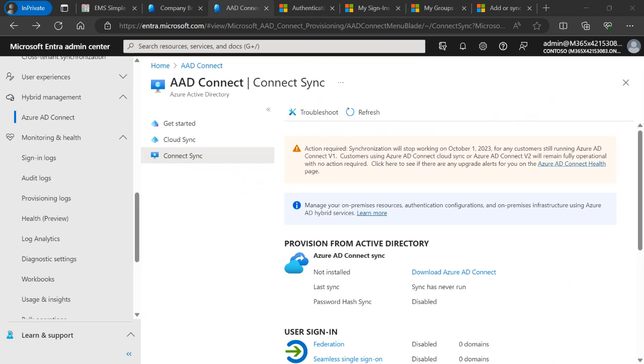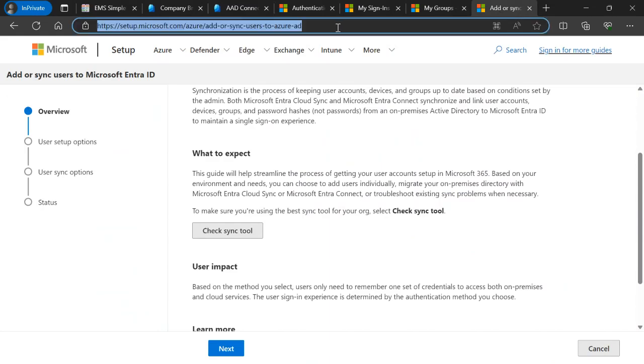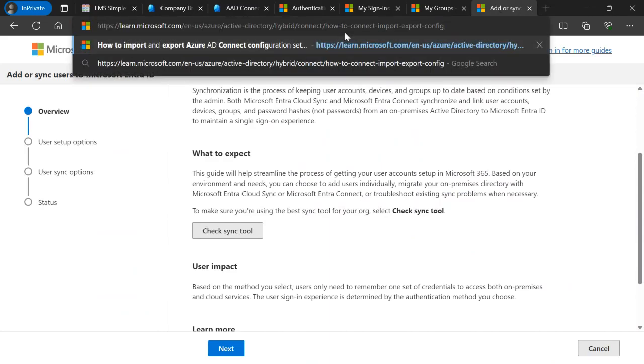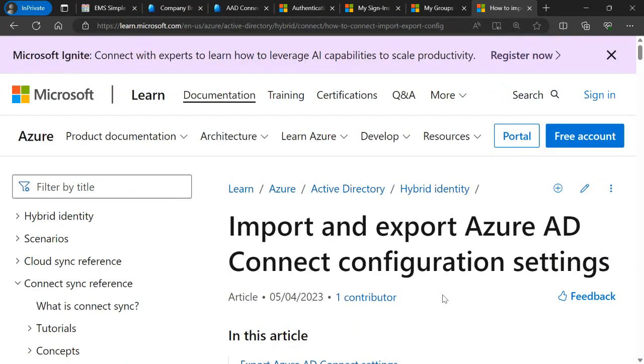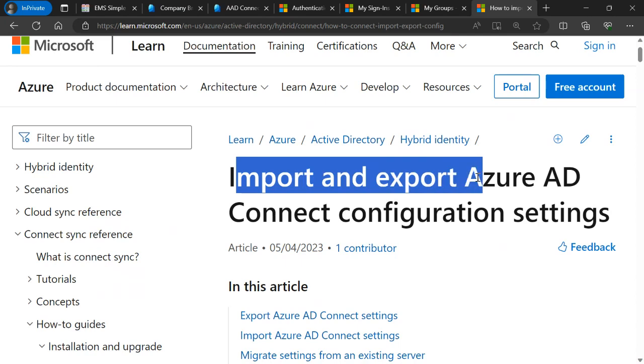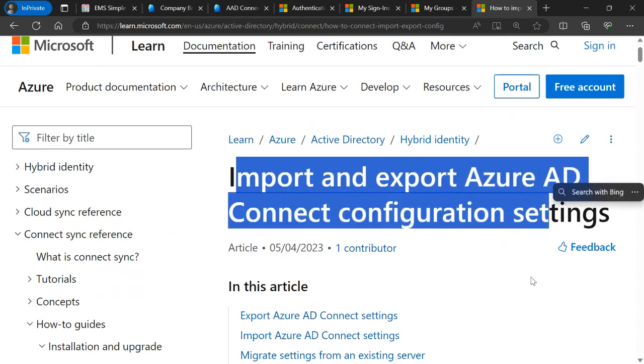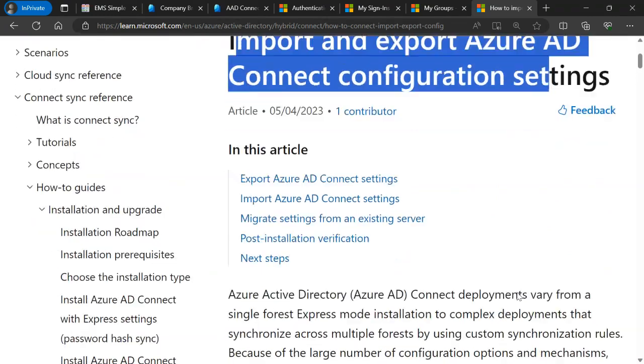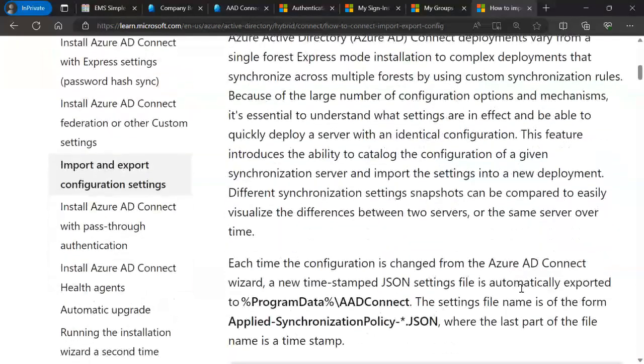The other thing that I want to highlight around AD Connect is make sure that you've actually put some, shall we say, coverage around that environment, because it is the sync engine to your cloud environment, and your cloud environment is becoming more and more important every day. Make sure that you are capturing the AD Connect configuration settings so you can import and export them. Okay. Have you hardened that AD Connect server? Have you set up a staging server? Okay. So for high availability,